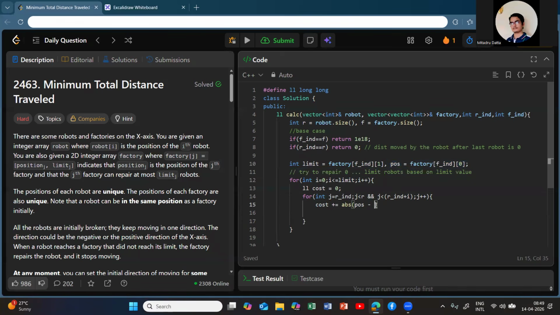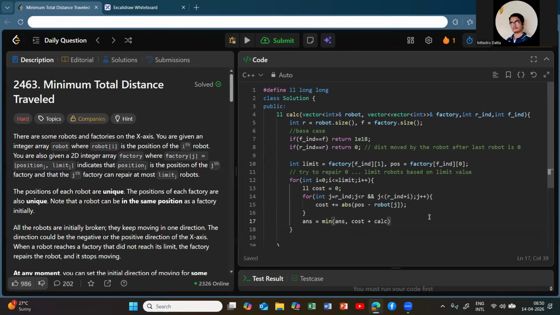The robot needs to move to the factory. So whatever we do, position minus robot of which robot I am trying to repair? This jth robot. So that value we just add to our cost. So in this way, we calculate our total cost and try to minimize the answer. Okay, so answer will be nothing but minimum of answer and cost plus